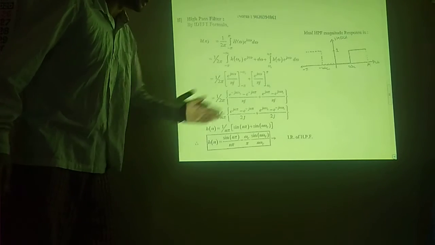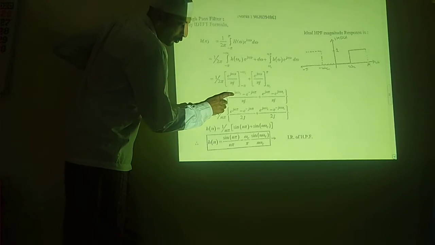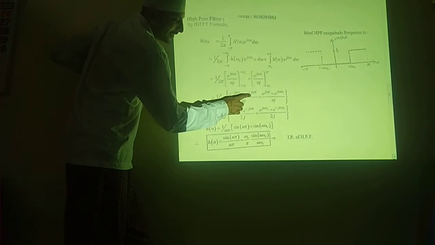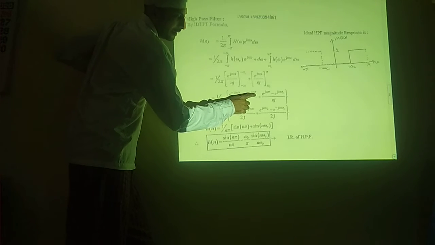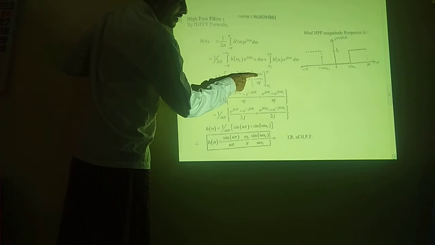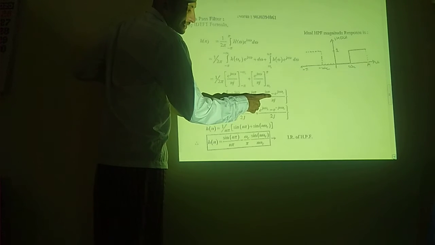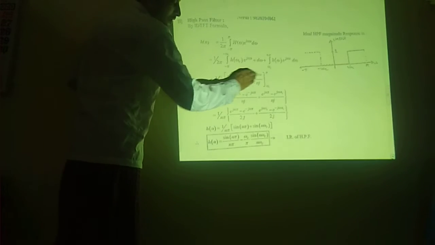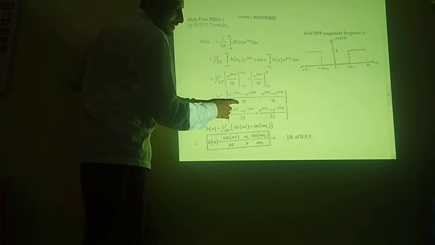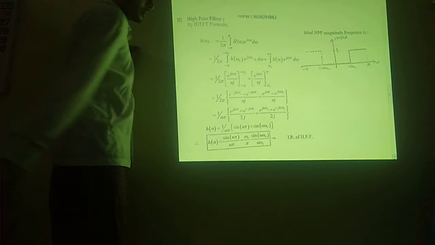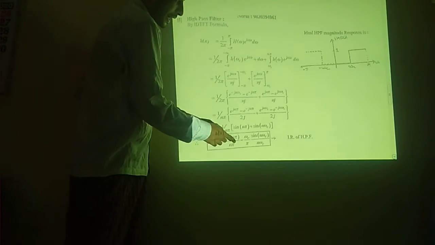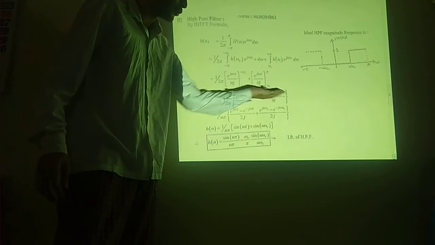Okay, let's substitute the values. Okay, e raised to minus j n omega c minus e raised to minus j n pi plus, for this, e raised to j n pi minus e raised to j n omega c. So I have substituted the values inside, and at the denominator I have got nj and nj. If you can see that the denominator is same, people, if you have got the denominator same, you can directly calculate. Okay, now shifting the terms. Okay, I want e raised to j n pi together. The pi term should be together, and the omega c terms should be together.